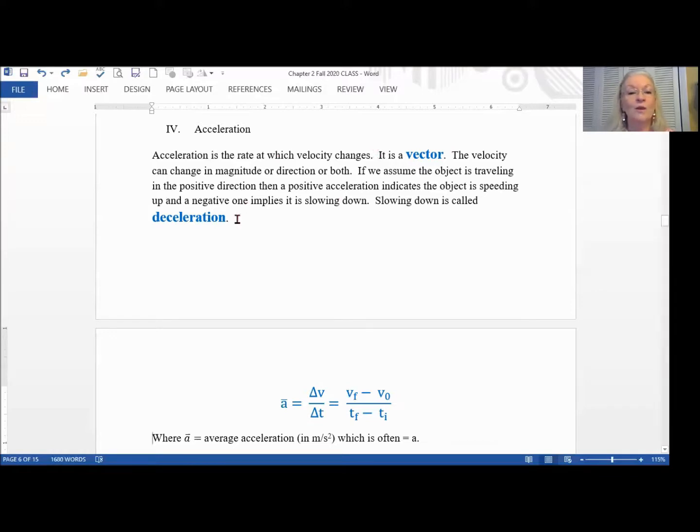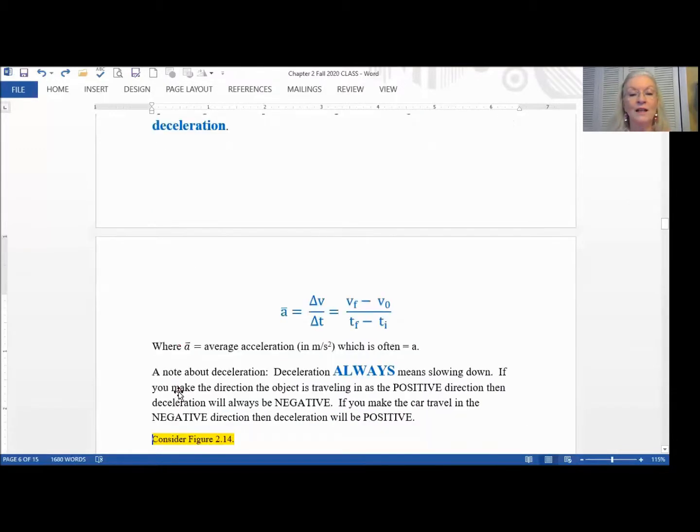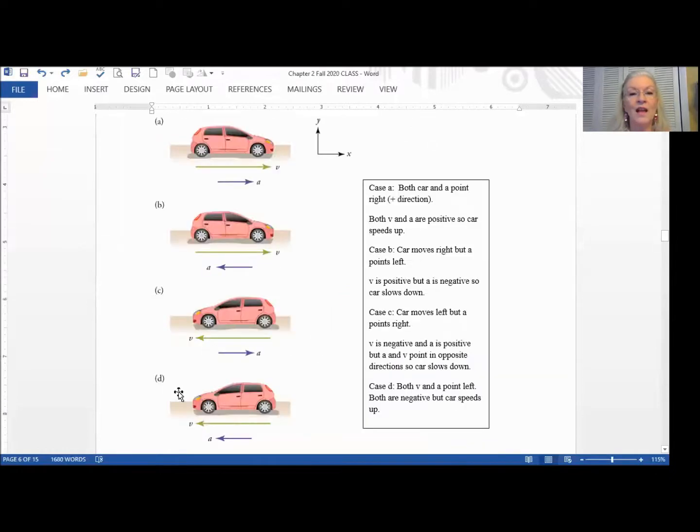When you are slowing down, you say you're decelerating. Normally, we think of deceleration as a negative acceleration. It's trying to pull you in the opposite direction that you're going in, and so it slows you down along the way. You can see as we move down and look towards the bottom of the screen that the formula